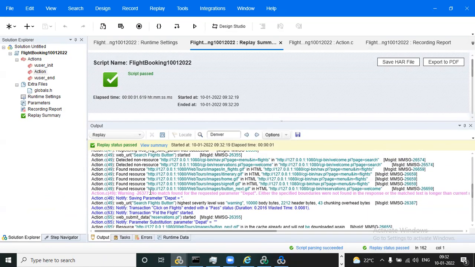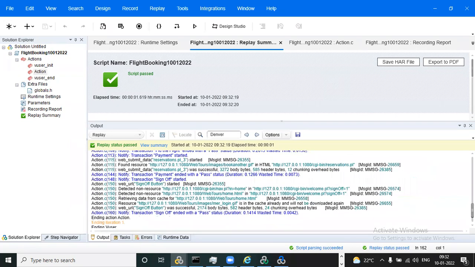Everyone able to see, right? It is a warning: no match found for the requested parameter, because the specified boundaries are not found in the response. That is why it throws a warning and we can continue our script.